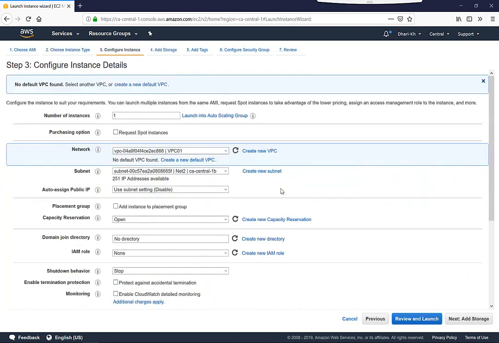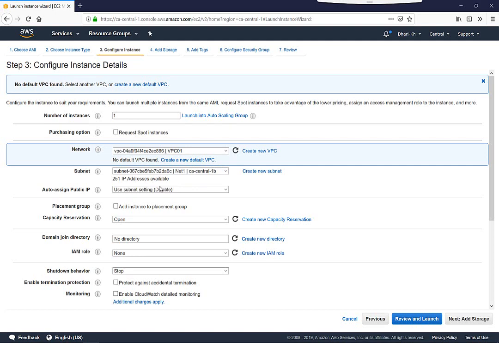Next, here is the important part. Here you have to select which network, which subnet. And again, if you don't prepare your network first, your EC2 cannot be created here. That's why by default we have a VPC for each region. So I will say, okay, please put that server in VPC1, but in VPC1, as you can see, we have two subnets. So which one? I will put it in net 1, which is the first subnet,